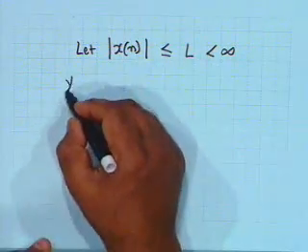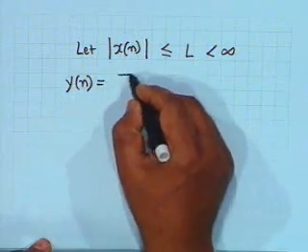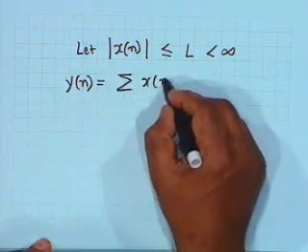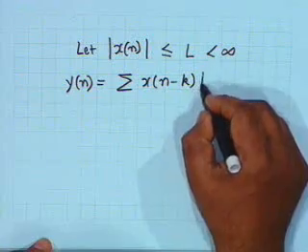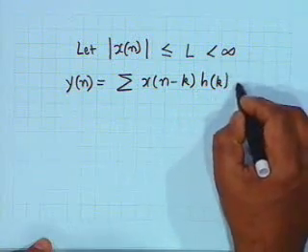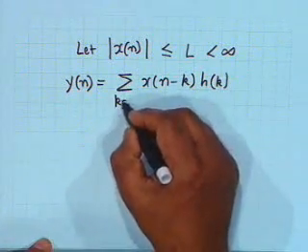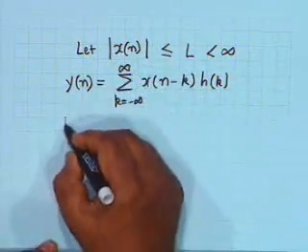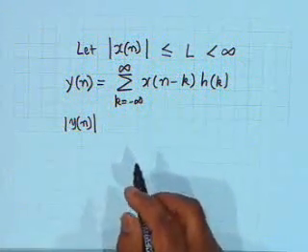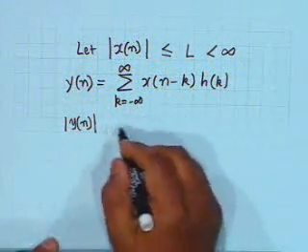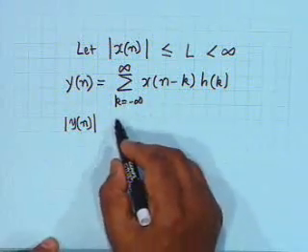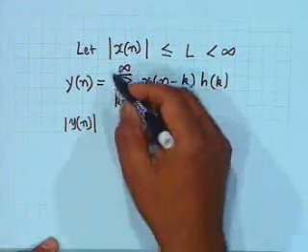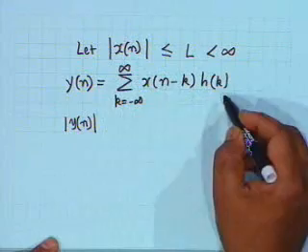Now from y of n equals summation x of n minus k hk, from k equal to minus infinity to plus infinity, if we take mod of y of n, positive or negative, we take the magnitude,